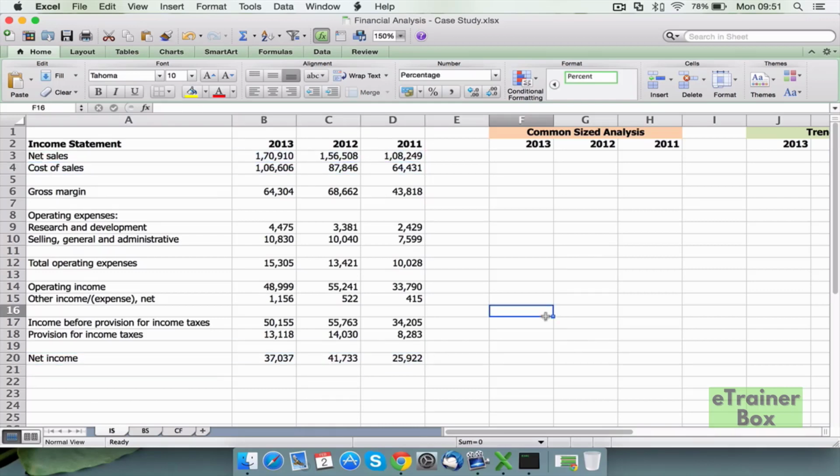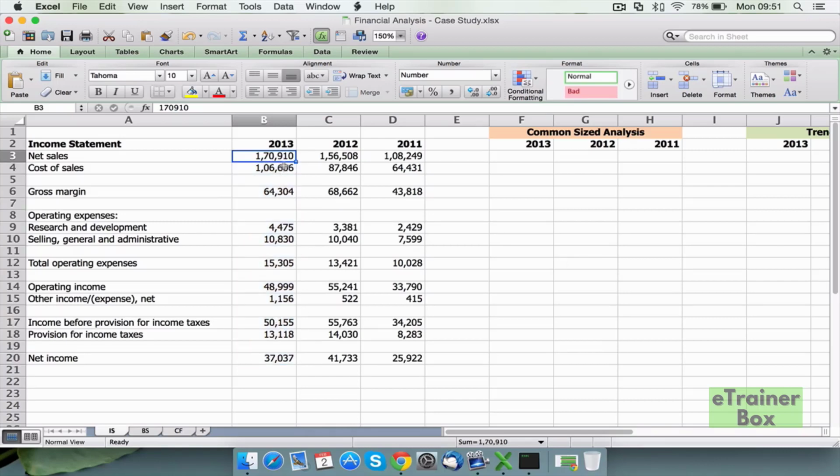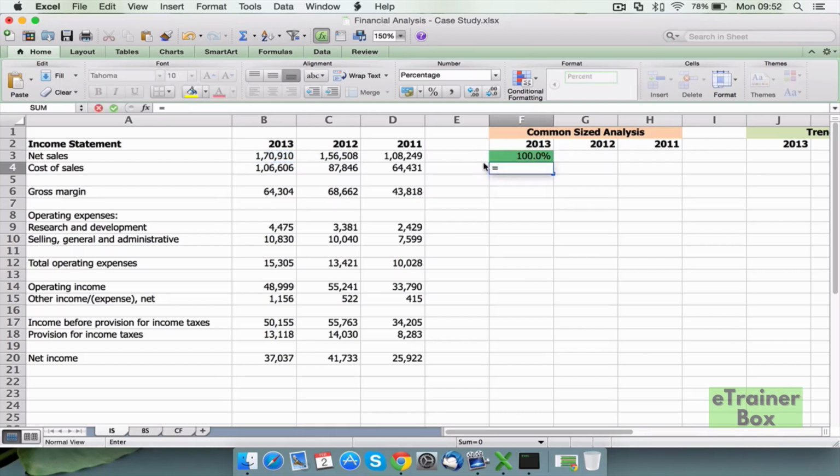So in order to understand these numbers, the first tool that we are going to use is called common sized analysis. In common sized analysis, all the numbers are reduced to represent percentage of sales of that year. So for example, all these numbers in 2013 will be divided by 170,000, which is the sales of that year, and expressed in a percentage. So let's get started. In 2013, let us divide the first figure by sales, the second figure by sales again,